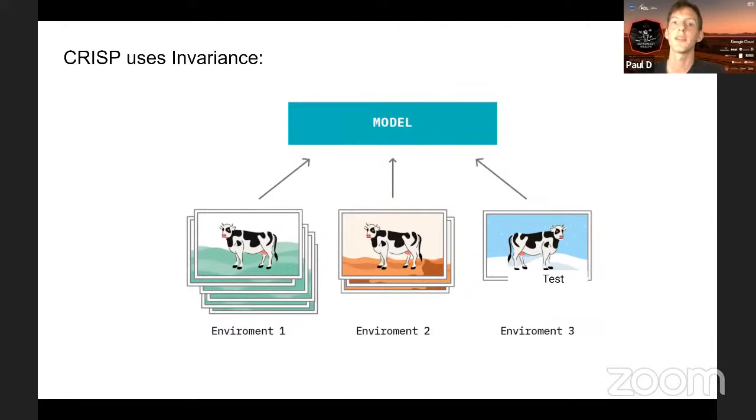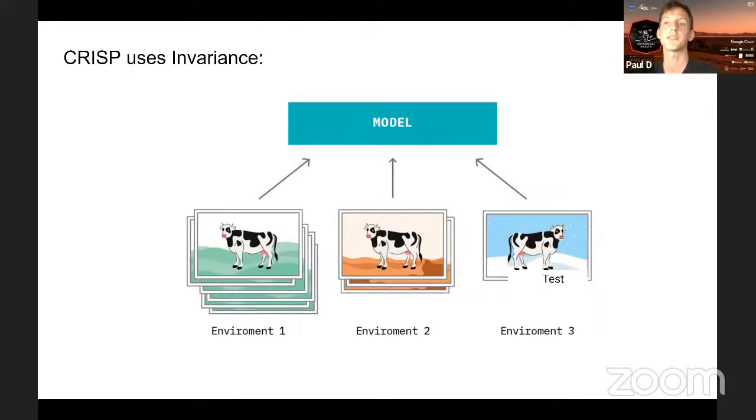So last year's astronaut health team developed a platform called CRISP, and that was based on this idea of invariance. There's a link between invariance and causality that we can use for generalization. The idea is to identify features that are consistently predictive across different environments.